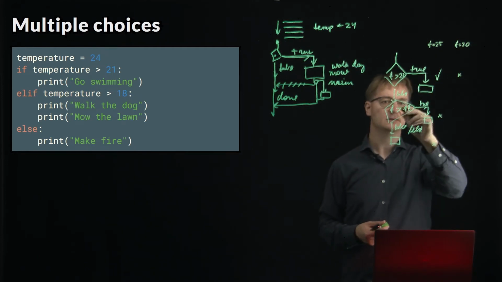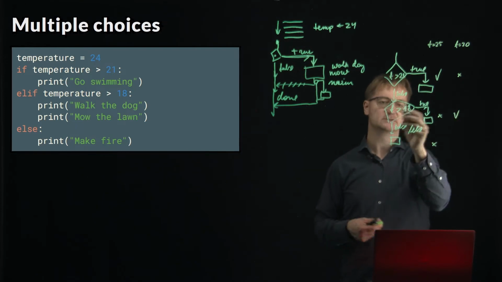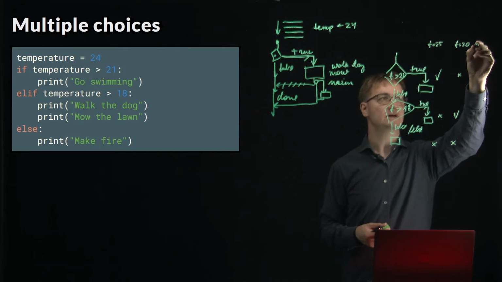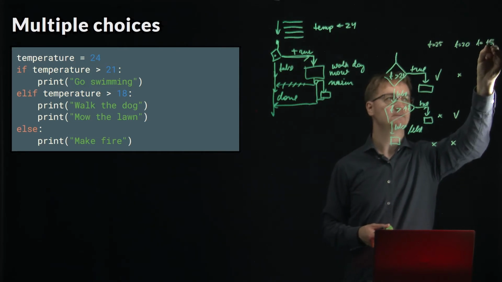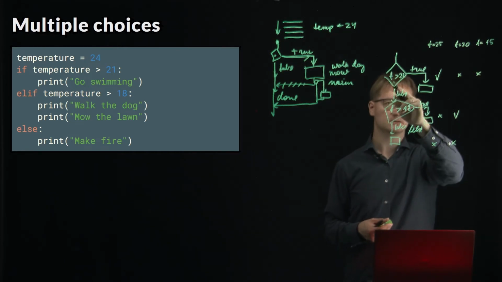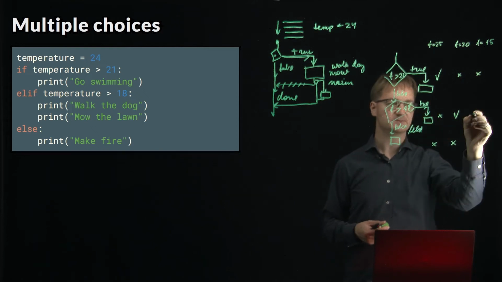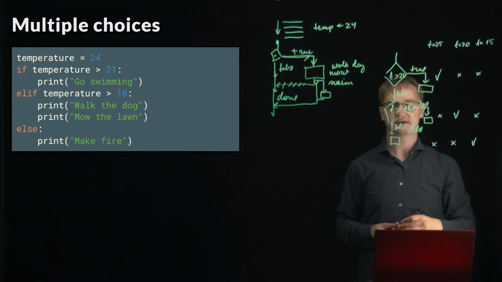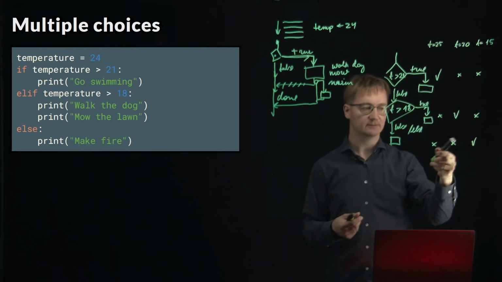We don't come here, but we come here because it's above 18, and we skip the else part. If the temperature is, let's say, 15, then we skip this part because it's not true, we skip this part because it's not true, and we come here because in every other case we execute